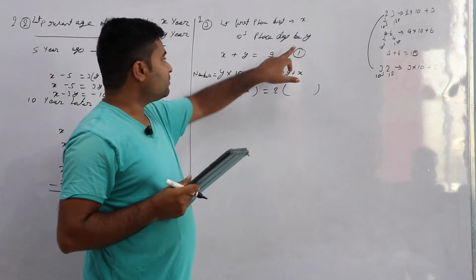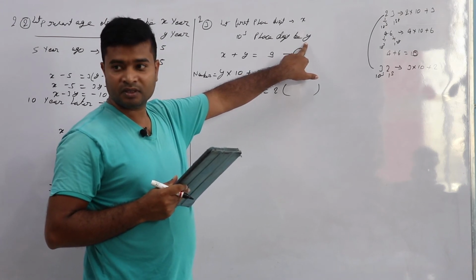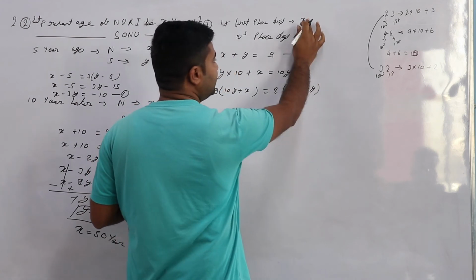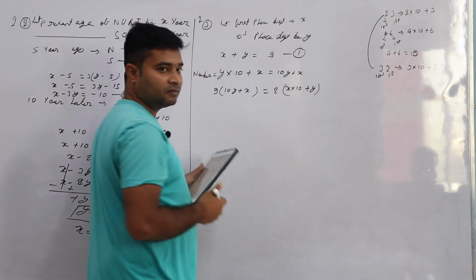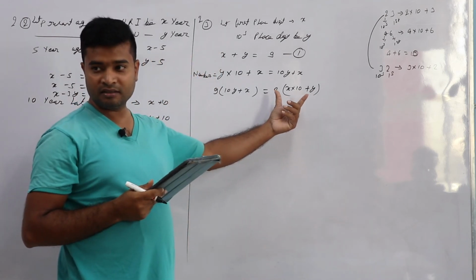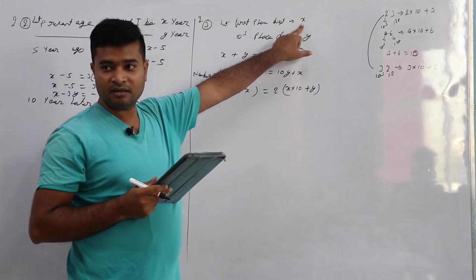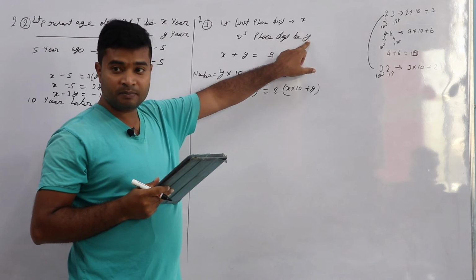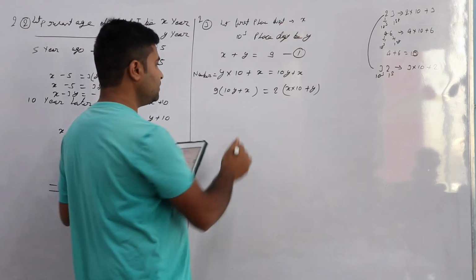So this was at the tens place, I am bringing it to the first place. First place means plus y, and in the tens place you should multiply by 10. So 10x into 10. After reversing, what will you get? First it was x at the first place, and y at the tens place. Now this is at the first place, and this is at the tens place. Understood? Yes, sir. Now just simplify.